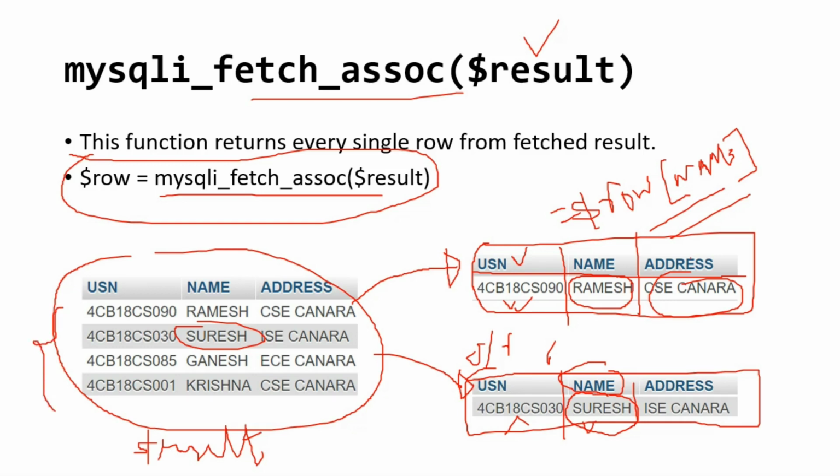There is a function I explained in the previous slide, mysql_num_rows, so it will return 4. So for 4 times you repeat the while loop for this statement. Every time the while loop executes, every row will be fetched into the $row variable. Okay, so we will see this in the program. If you have a little bit of confusion, that will clear later.